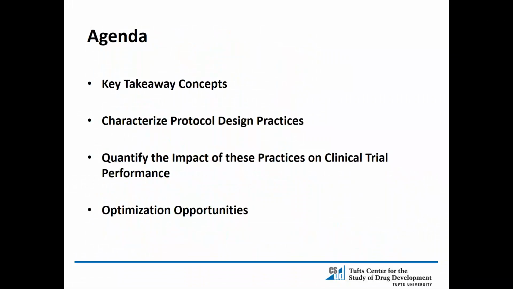So what I'd like to do today is really touch on 4 key areas that all help tell the story about opportunities to optimize protocol design. I'm going to begin really where the presentation should end, and this is a little unorthodox, but it's critical to start with the key takeaways because that helps change our philosophy about where we should focus on opportunities to optimize